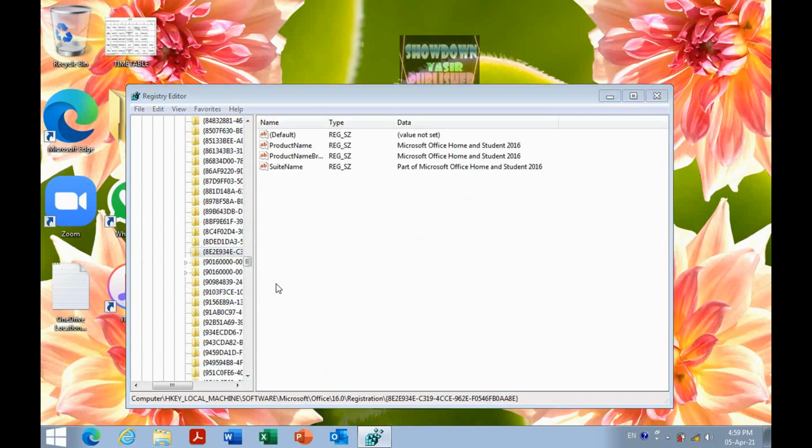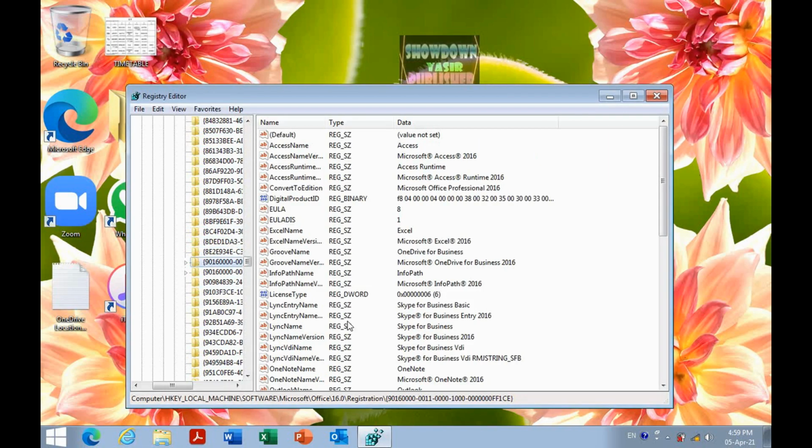Wait, okay, here it is. Here I can see many things. When you see many things, then just stop there, like this also, like these folders. And now you have to delete the digital product ID binary value.